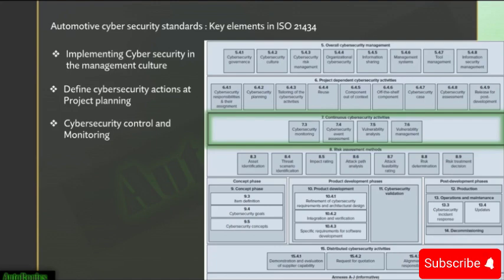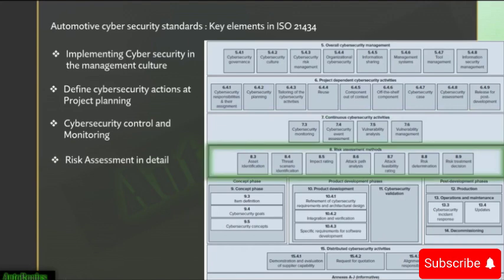The risk treatment should be based on the results of a vulnerability analysis and risk determination performed and recommended as part of the risk acceptance. In such instances, the rationale for risk acceptance must be documented. If a risk treatment results in a change of item or component, change management must be applied. If new cybersecurity information becomes available that invalidates the existing rationale, the vulnerability must no longer be considered as managed. So this talks about these continuous cybersecurity activities.